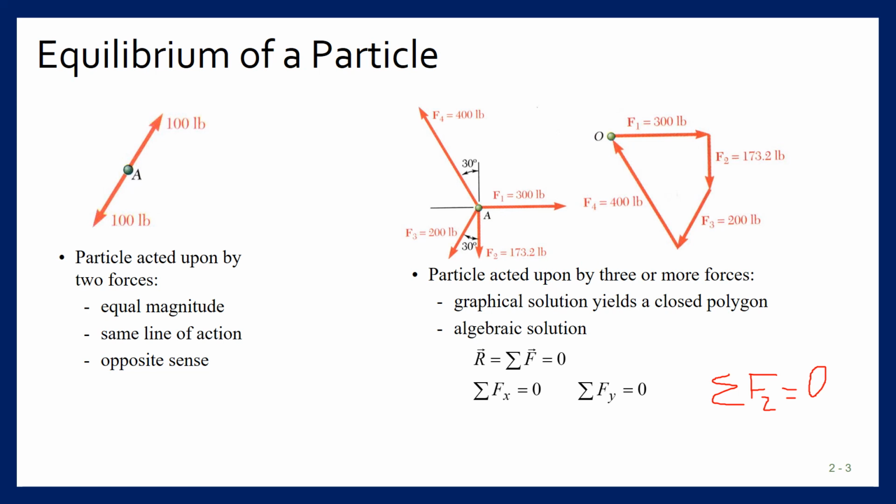Some forces are known to you, some forces are unknown to you. So what you will do is make different equations: summation of Fx equal to 0 will give you one equation, summation of Fy equal to 0 will give you another equation, and in case of 3D, summation of Fz equal to 0 will give you another equation. In these equations, you have some known quantities and some unknown quantities, and you can solve for the unknown ones. This is how you do it in your mechanics course.